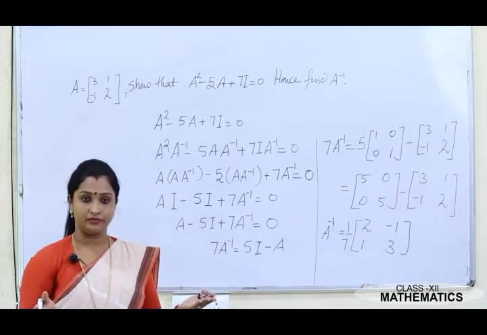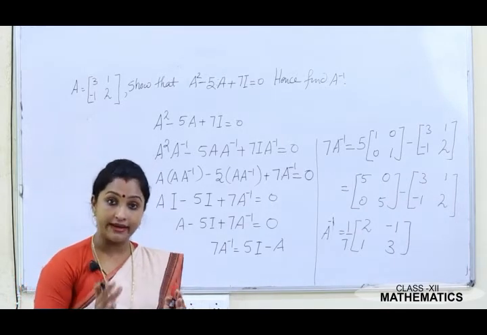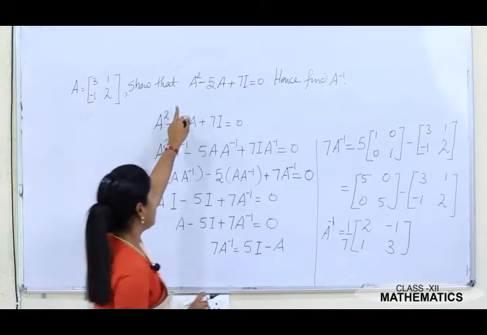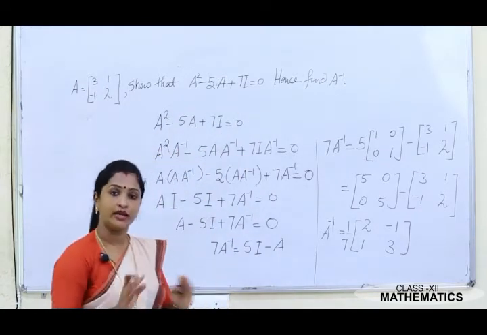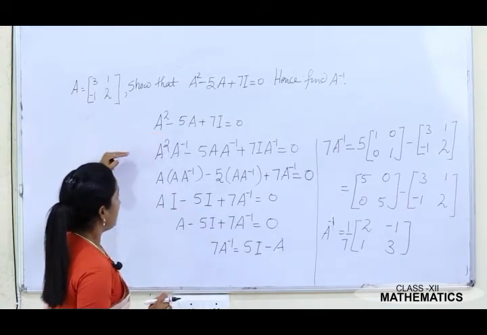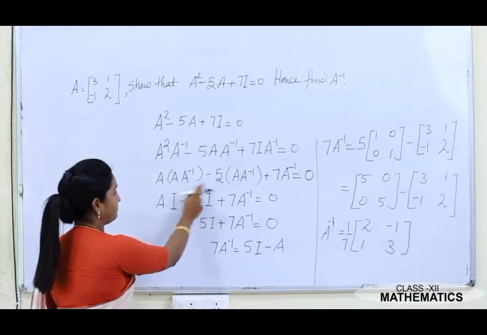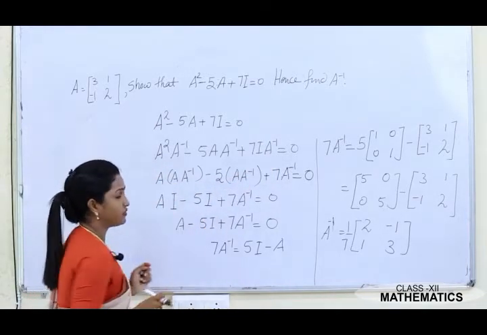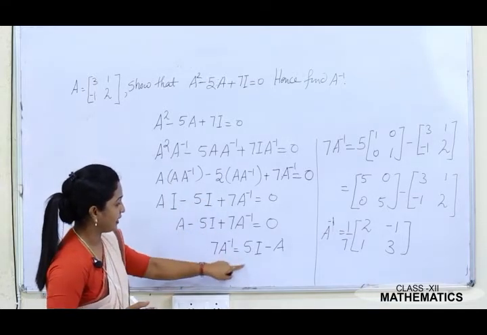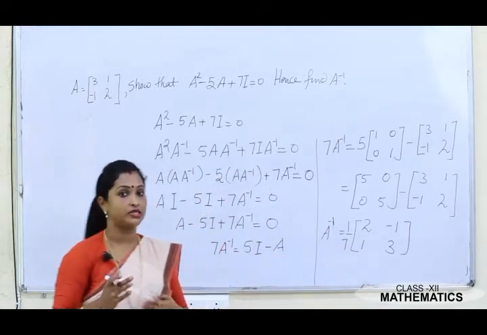See, very simple. You are not supposed to find adjoint of A, determinant of A. Directly you can get the answer from this equation. Clear, children? That means पहले आप इस equation को पहले तो आपको करना है इसको 0, ठीक है? उसके बाद you have to write the equation, multiply by A inverse and combine it, so that you can write A inverse as I here and then you can find easily A inverse. समझ में आ गया आपको? बहुत सिंपल से आप A inverse इस equation से निकाल सकते हैं.